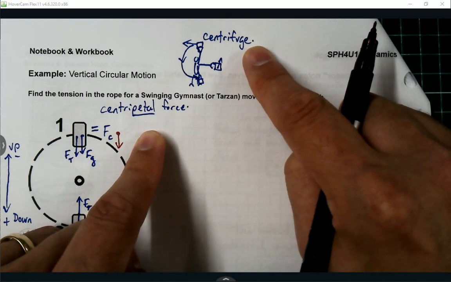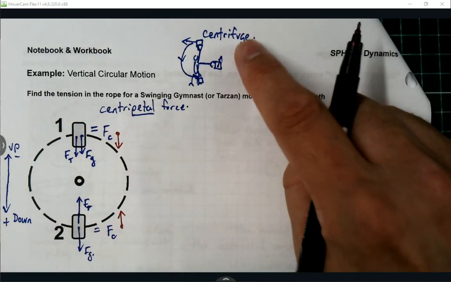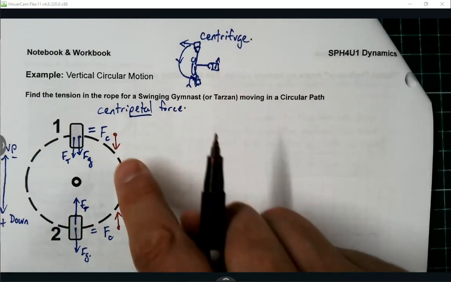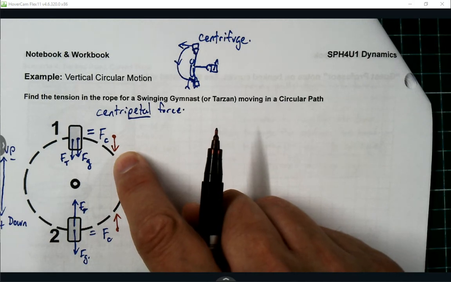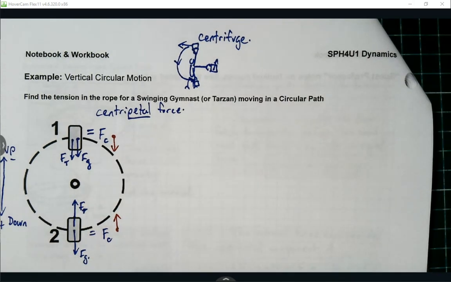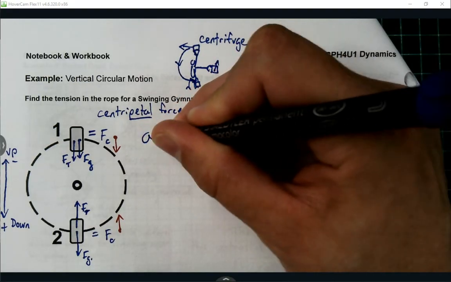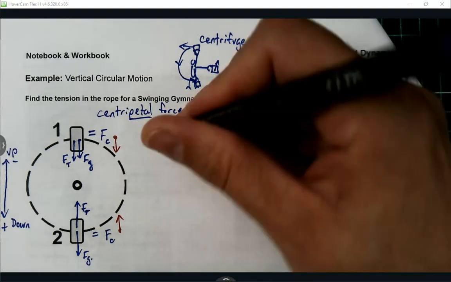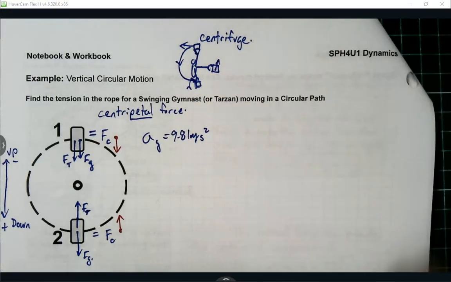And tons of people get it mixed up because they both have to do with going in circles. Okay, but this one's an inertial reality, whereas this one is a true net force reality. It's hard to recognize the difference, and we can still talk about that more later conversationally. So in this one, I've got Ag equals 9.81 meters per second squared,